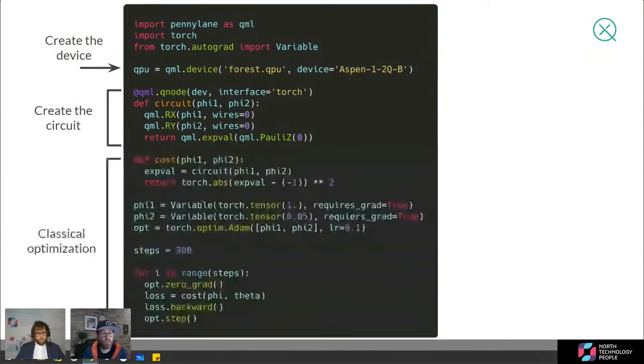Okay, so that's setting up our circuit. Once we've done that, there's a bunch more code, but this should be fairly familiar to you if you've worked with Torch. This is just classical optimization at this point. You'll recognize this as defining our cost function, defining our parameters, making them trainable, choosing an optimizer, and training the circuit. Here we're using 300 steps, and that's all we need. So really, just that first piece of defining our circuit and indicating that this is going to be our QNode is all you need to set up your quantum circuit. The rest is Torch code.